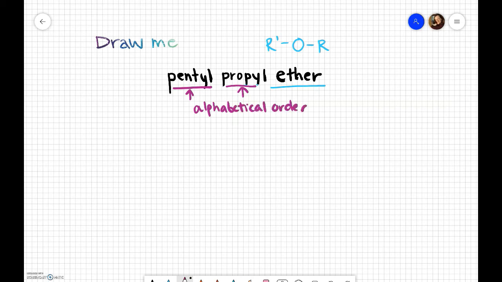So my easiest way to draw this is by starting with that knowledge that ether has O right there in the middle. So I'm just going to draw an O to start with. And then I'm going to look at my 2 different groups. The pentyl has 5 carbons in a row. So we'll start there. 1, 2, 3, 4, 5. And a propyl